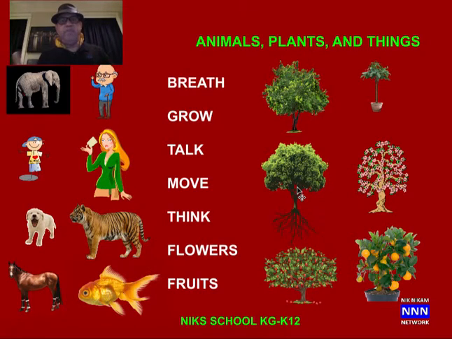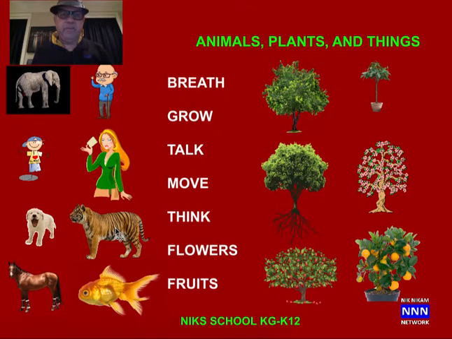But there are some differences between animals and plants. People grow, animals grow, they get bigger and stronger, whereas trees also grow. From a small plant like this, they can grow into a real big tree with huge trunks and lots of branches and green leaves. In addition, the plants can produce flowers. They also can produce fruits like we see here,